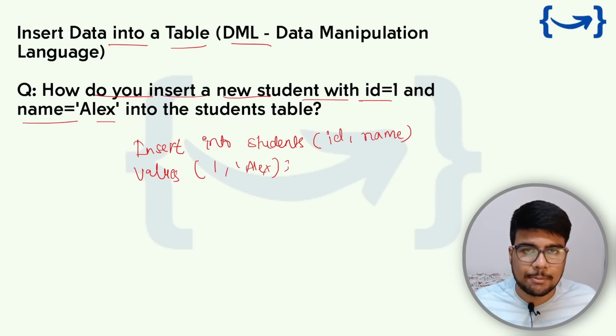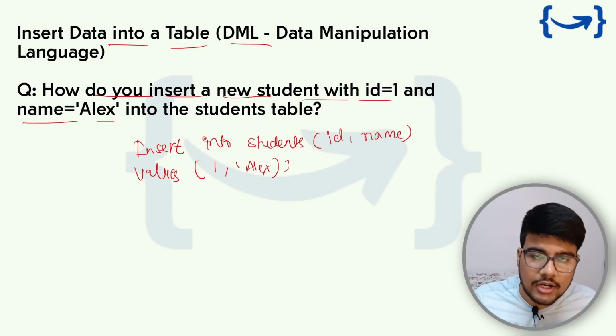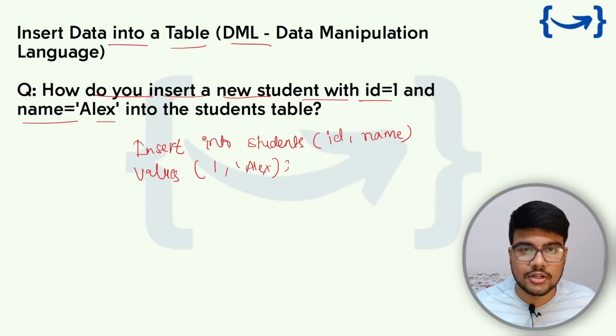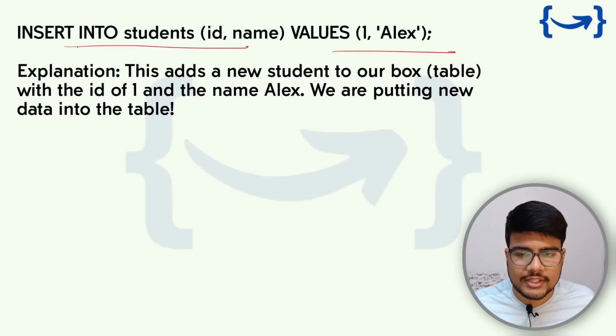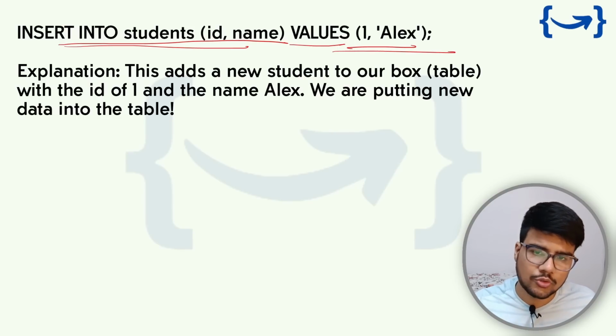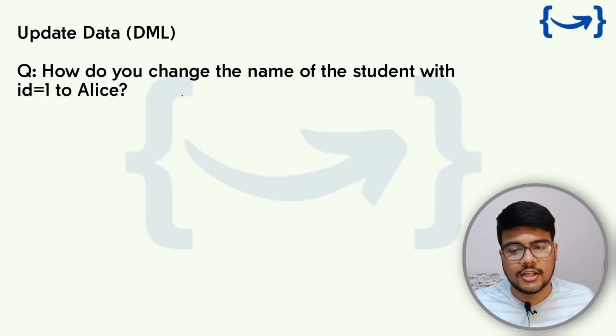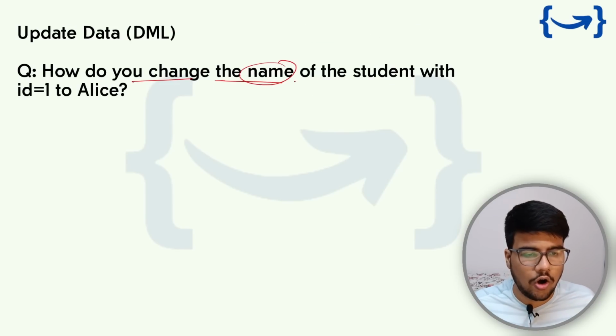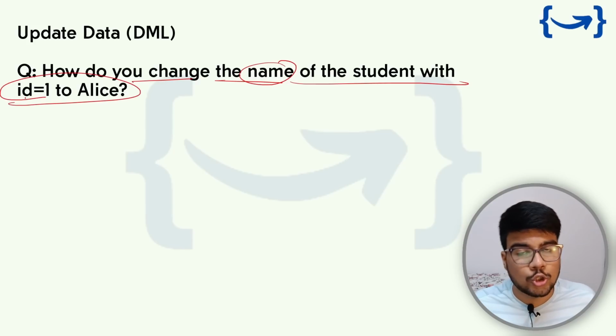So this is the particular syntax to append data into my database, or insert data into my database. As you can see, insert into students, ID, name, values would be 1 and Alex. Fantastic. Okay, if you want to go through the explanation, you can go through it. +1 marks again. So how do you change the name of the student with the ID 1 to